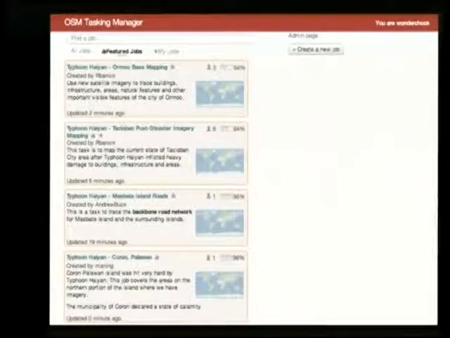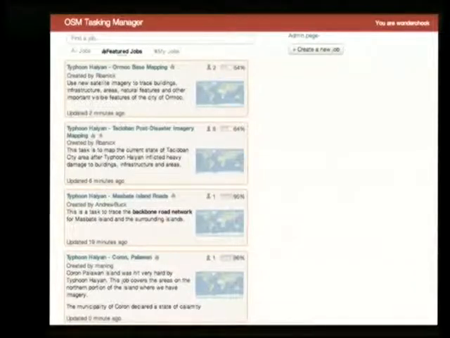And so after that, more and more people began to help. This is a screenshot from what we call the OpenStreetMap Tasking Manager. It is a coordination tool. It allows you to pick an administrator to set up a specific area to map, and then ask people to do something. Usually it's things like trace all the buildings, trace all the roads, that sort of thing.